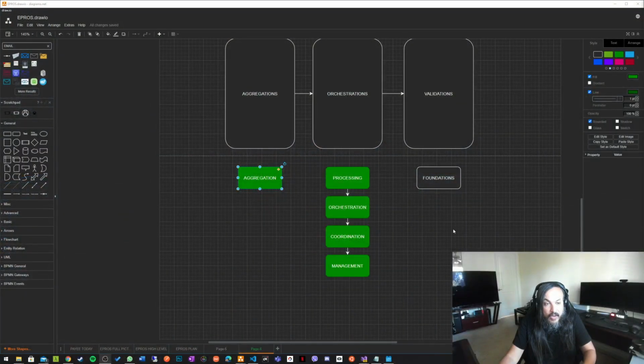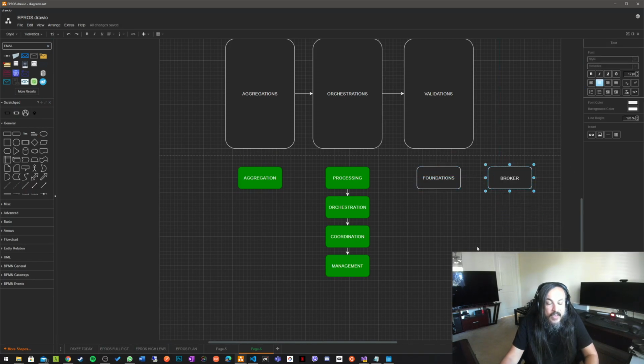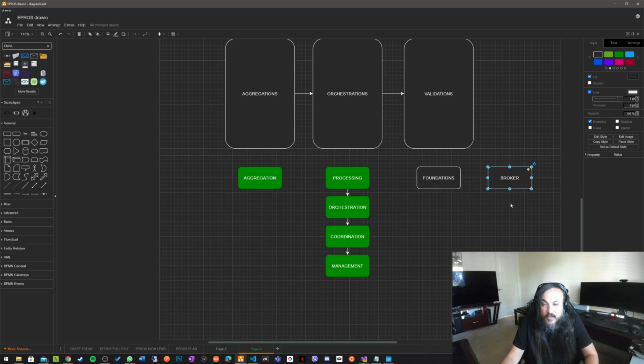So for instance, let me give you an example. Let's say you're pulling in an SDK for SendGrid, right? And the SendGrid SDK comes with its own form of models. So it has a message model and status model and stuff like that. Let's say you have a broker sitting down here, and this broker is basically saying, hey, I am wrapping up SendGrid functions. So let's say there's a function underneath here called send message, and it's taking in a native model message. It becomes the responsibility of this foundation service to take whatever input that's coming from processing or orchestration,